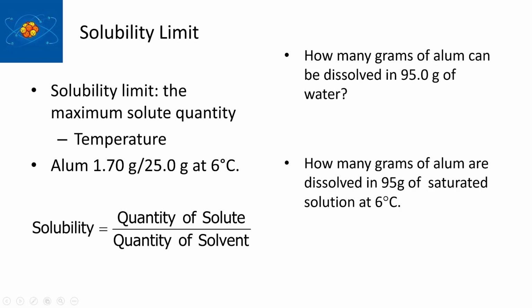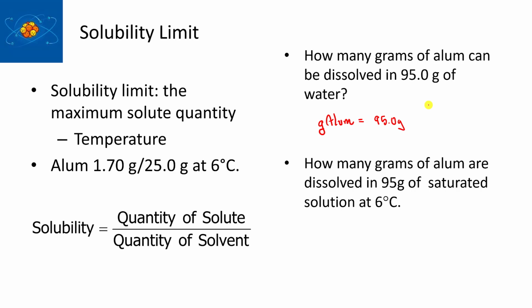So the solubility limit of alum is 1.7 grams per 25 grams of water. So you can calculate grams of alum, and you notice I didn't write the formula. You don't need to know it. I'll write it out for you in here in a second. But grams of alum will be equal